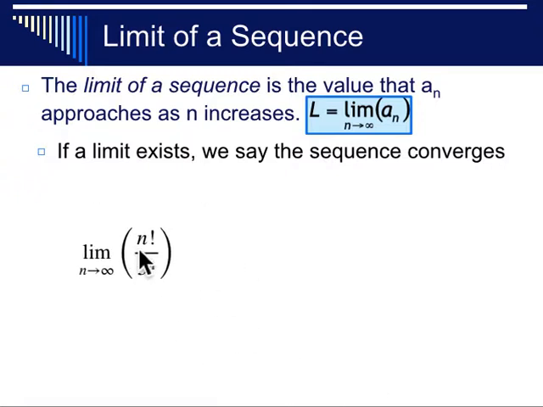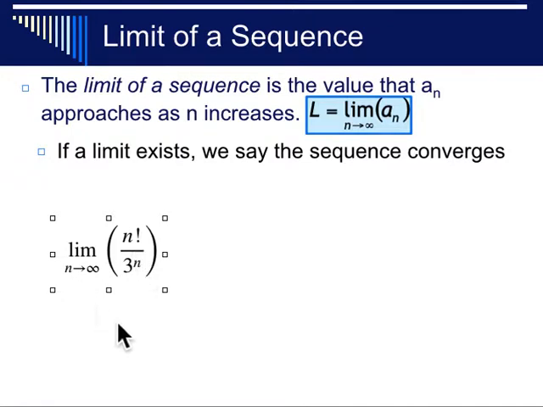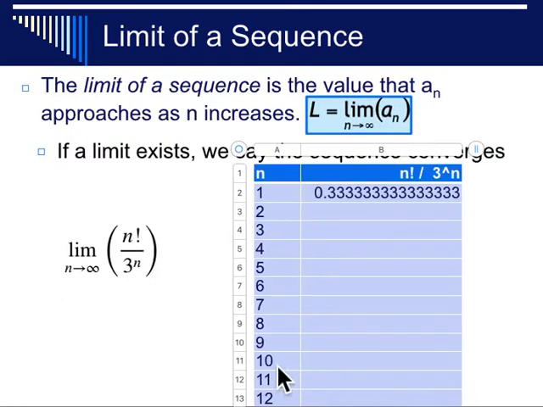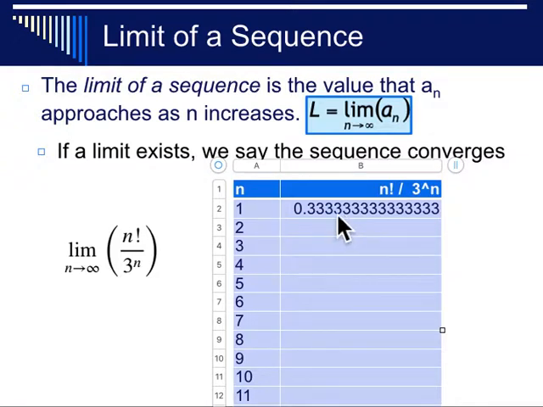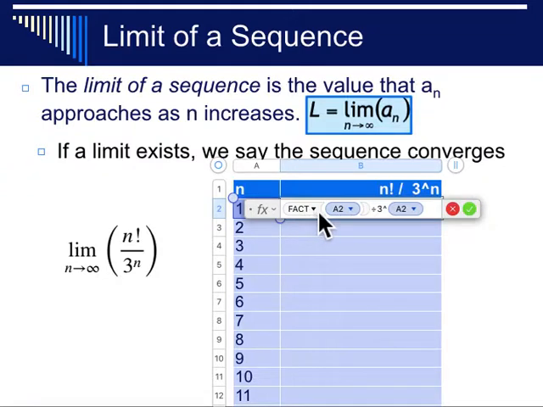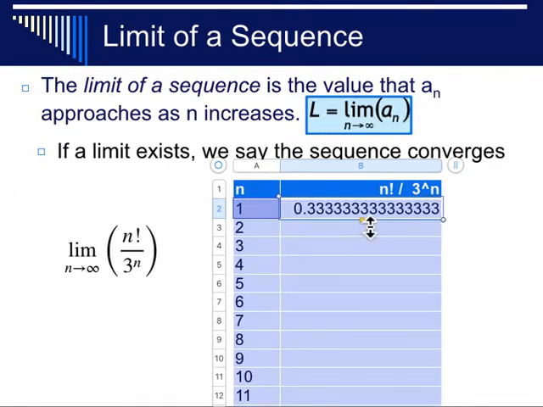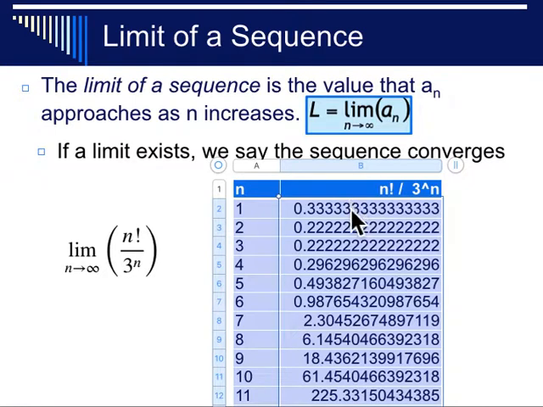So here's an example of a limit: n factorial over 3 to the n as n goes to infinity. By the way, to type this expression in, I had to use factorial, F-A-C-T, parentheses. So let's see what happens to this one. The first couple terms seem to get smaller, but then it gets bigger and then bigger yet. And now I'm at 2 and 6 and 18 and 225. If I jump to 100,